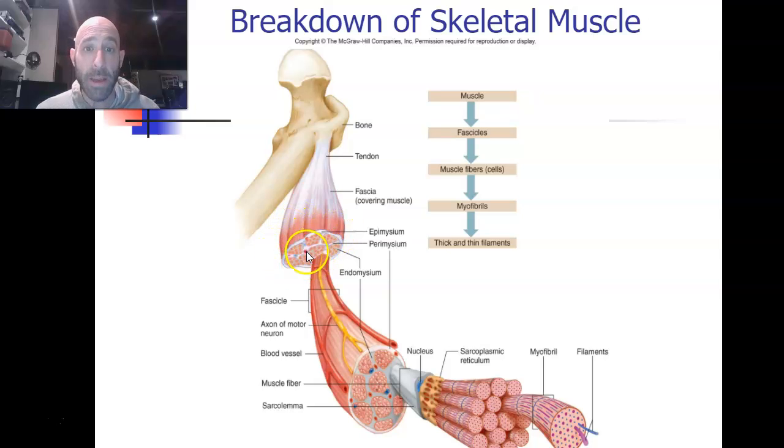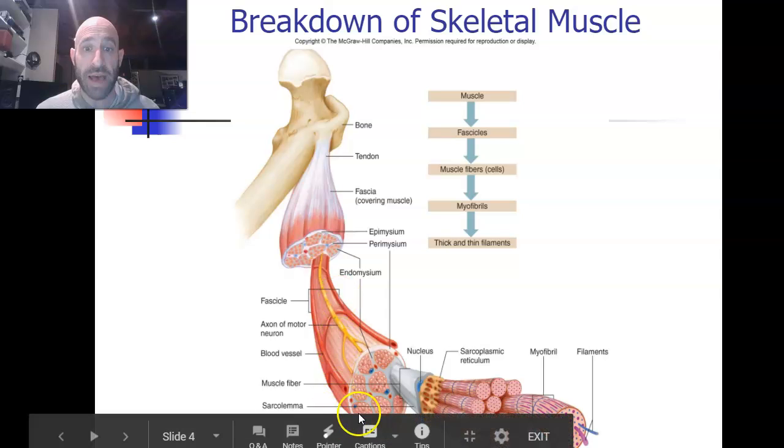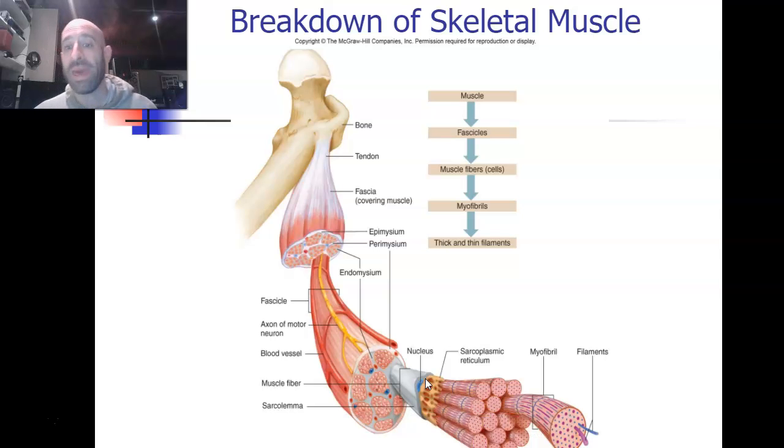And then those individual bundles of fibers, which are called fascicles, those are going to have another membrane around them called the perimysium. And then finally, the individual muscle fibers, which you can see in this image right down here, where the arrow is, that would be a single muscle cell. So a single muscle cell is bundled together with the other muscle cells in a fascicle, but the individual muscle fiber has a membrane around it called the endomysium. And the endomysium is going to be over what we call the sarcolemma, which is the membrane of this muscle